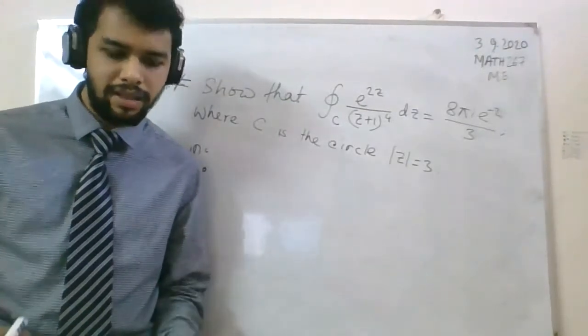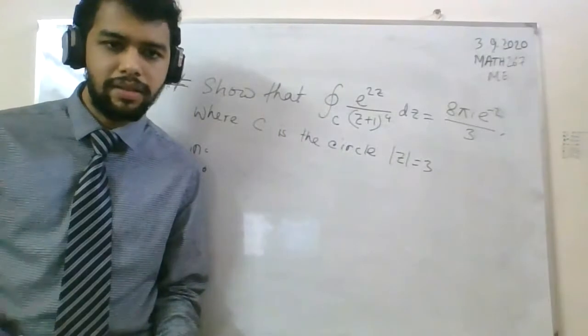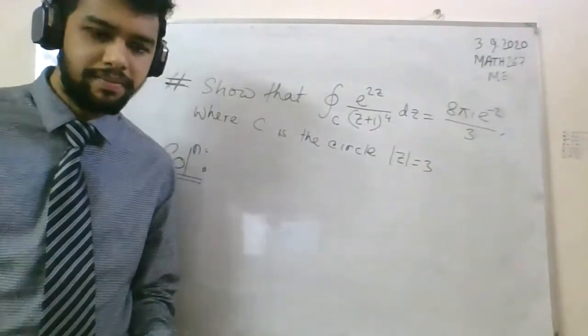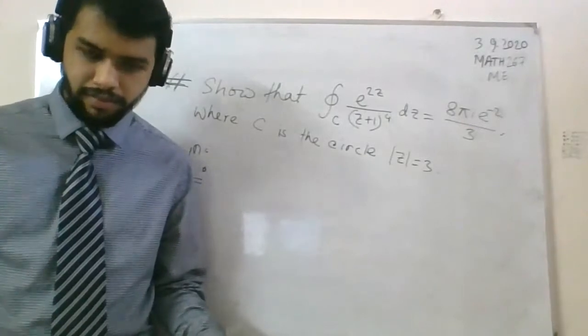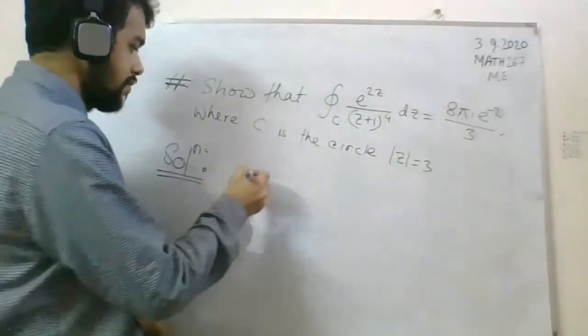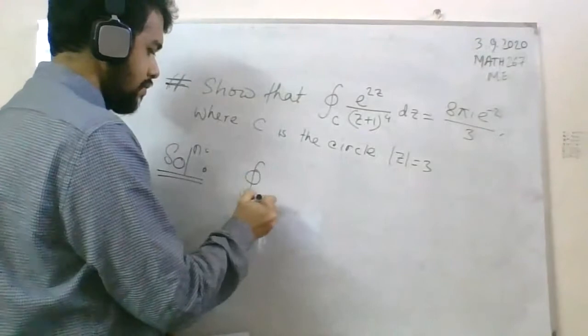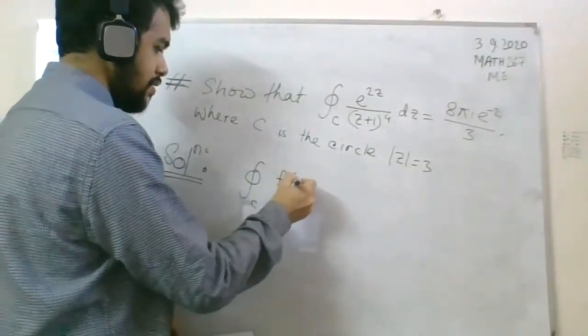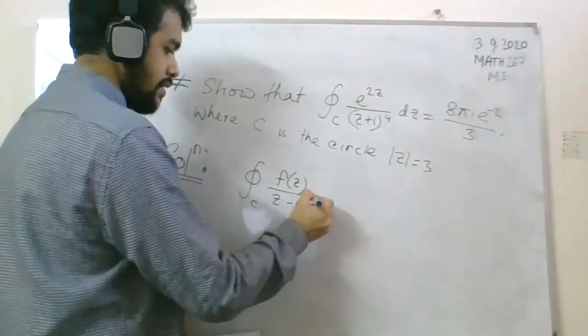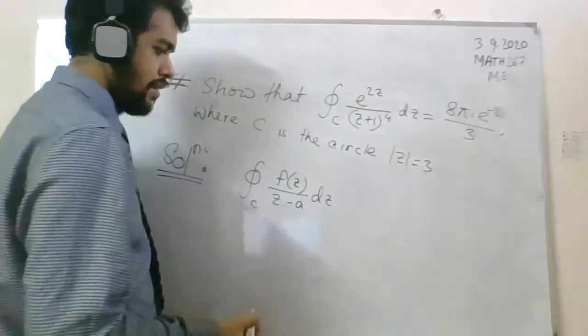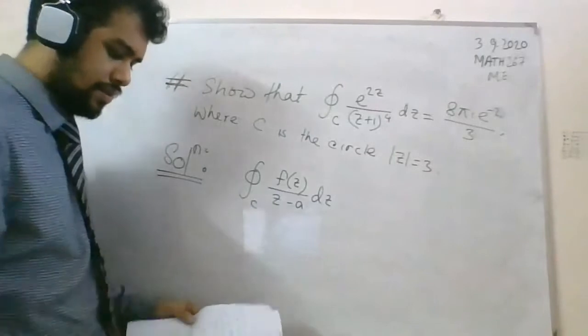Just tell me about it first. Closed integral f of z by z minus a dz, and then